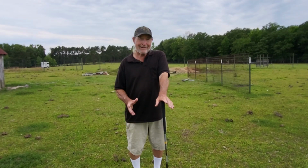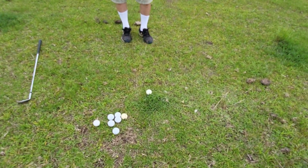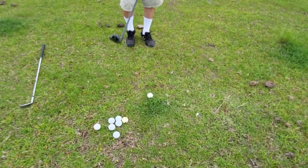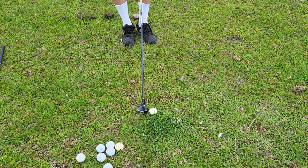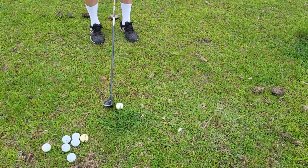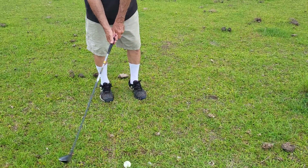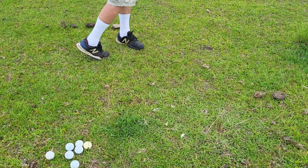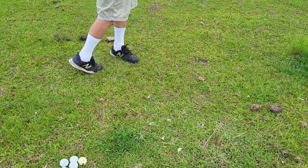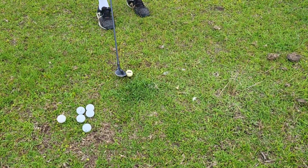But there's one thing. Let me hit a ball. I'm going to tell you about one thing that never changes. And it never will change. All right, let's see if I can put a good, hard, clean, solid lick on that ball. And I did. And what I'm talking about that never changes